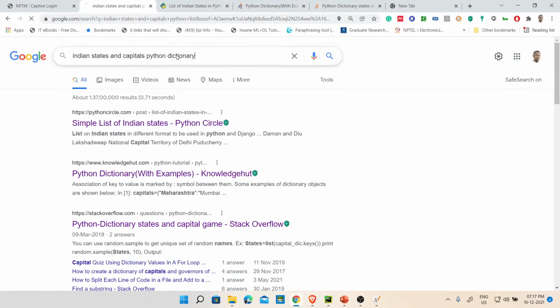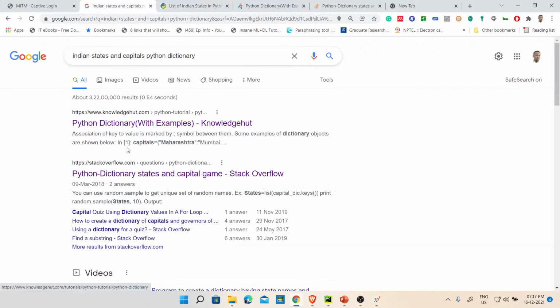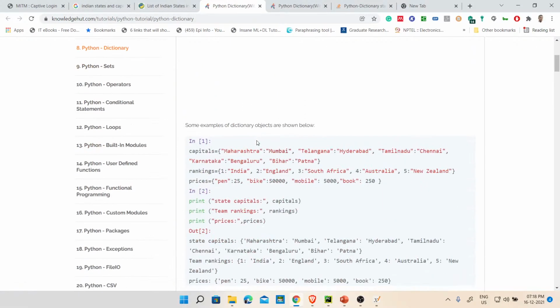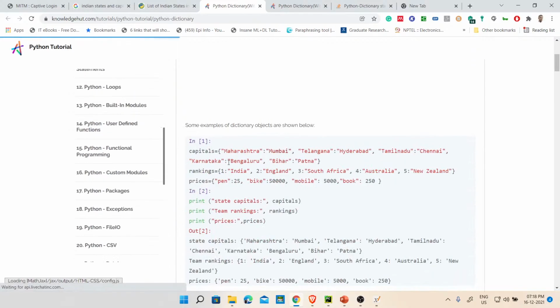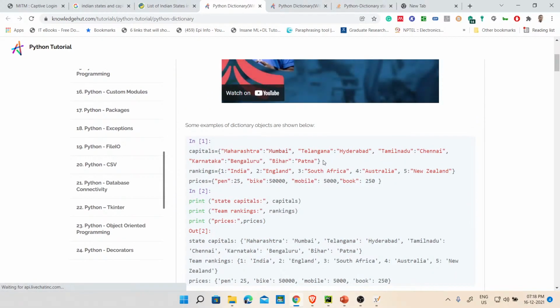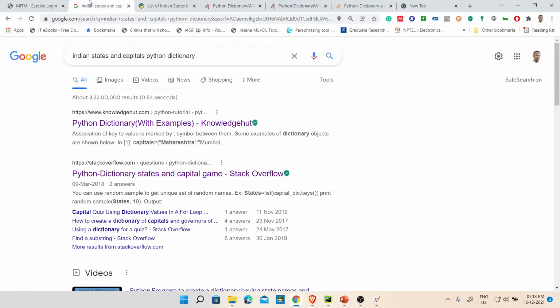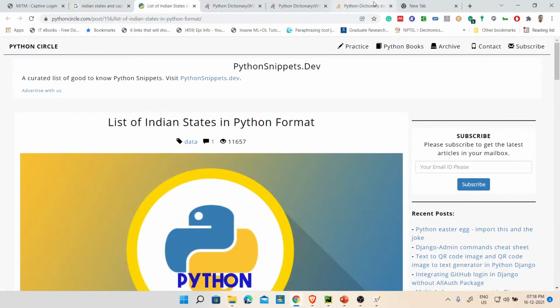Python dictionary. So you see, the first one goes to Knowledge Hut. If I click on this now, I'm going to get something here. In this Python dictionary, he tried giving some stuff, but this is not complete. So these are all I can get. If you want, we can actually use this to build whatever we want to build. So Control C, but it won't be complete. Fine. But for now, let's continue.